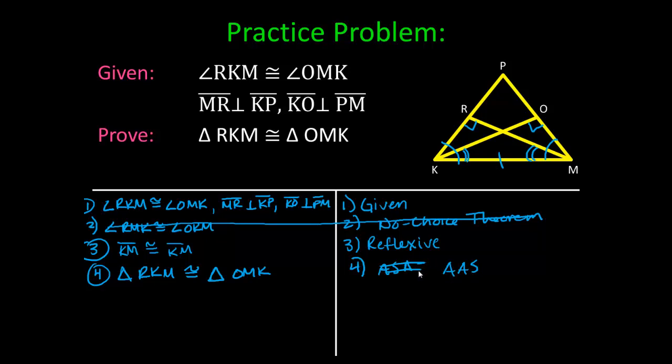Angle-angle-side shortens it by one step, but if you don't happen to see that, you could go with the first way that I showed you. So that's two different ways you could solve it. One way is a little bit shorter than the other, but it's entirely up to you. I don't care how you do these proofs as long as they make sense. So anyway,